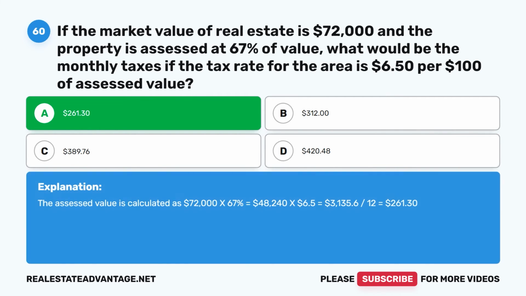$261.30. The assessed value is calculated as $72,000 times 67% equals $48,240. $48,240 times $6.5 equals $3,135.6. $3,135.6 divided by 12 equals